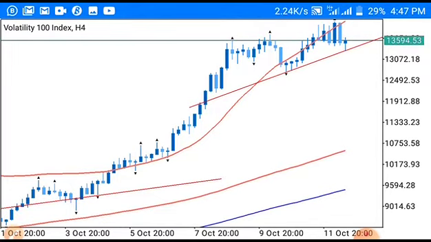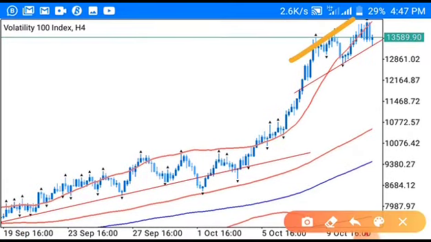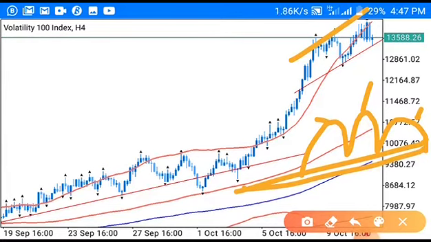Don't pray for it to come down anytime soon, because the more it's lingered upward, it can still even continue going up. But the more it lingers upward, trying to form another triple head, like head and shoulder, head, shoulder, shoulder, the more it continues like that, the more your trend line validates. And the more the trend line validates, the more the drop down of the reversal is going to be very quick